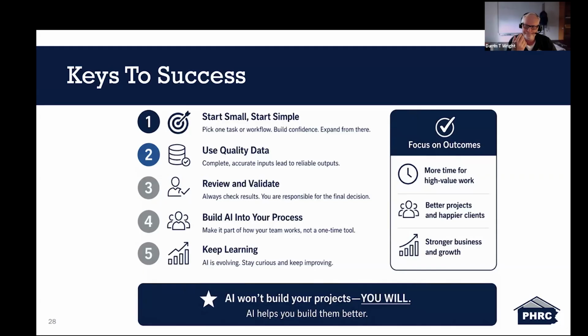A good example of starting small might be just reviewing paperwork, getting a bunch of documentation in. That's an easy way. You can feed that documentation directly into an AI platform like ChatGPT. And if it's a PDF, you can just upload the PDF. It can read that. So it can take a 20-page document and summarize that into maybe a 2 or 3-page document, pulling the key parts out and allowing you to review them more effectively.